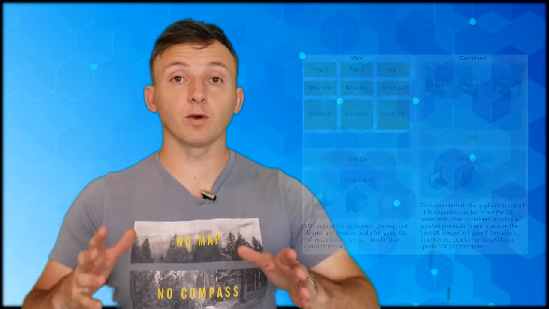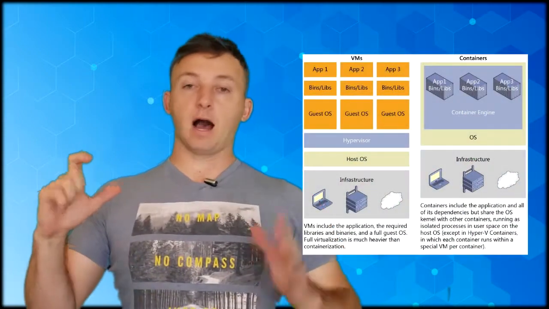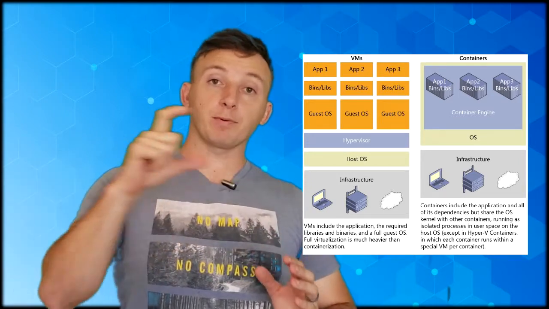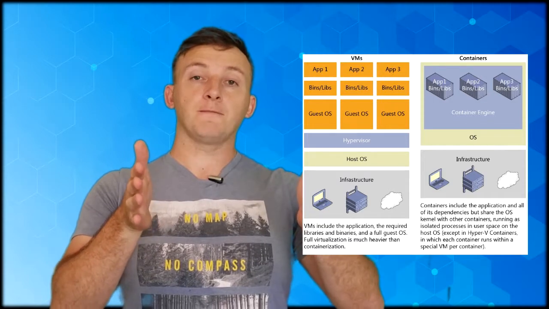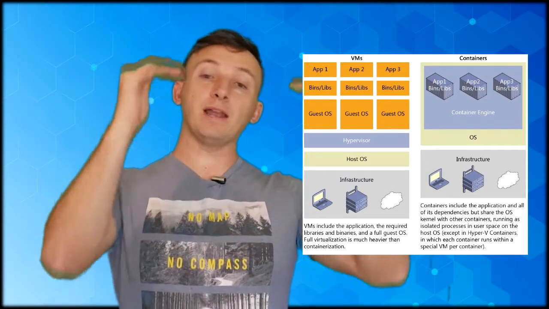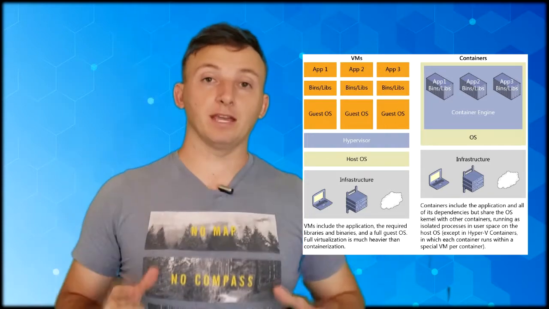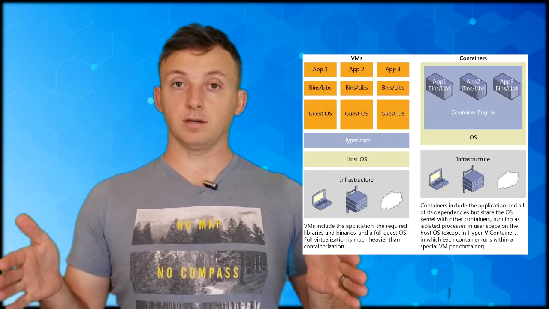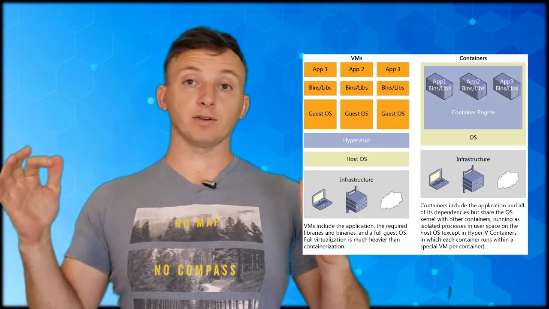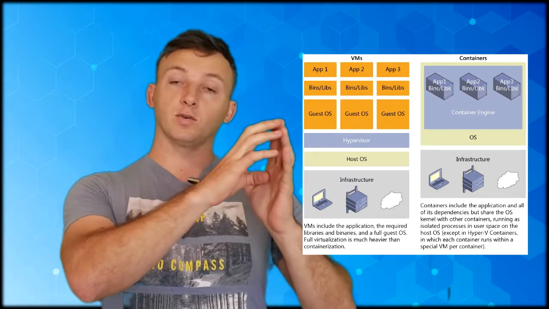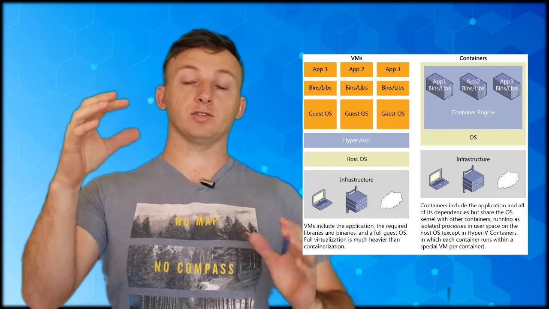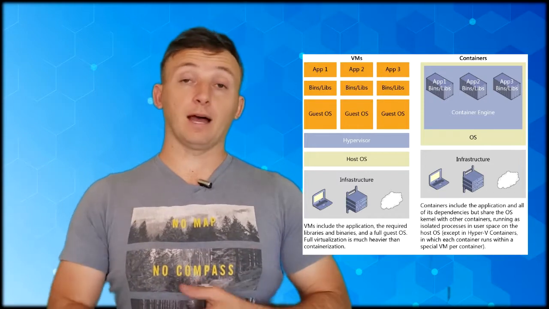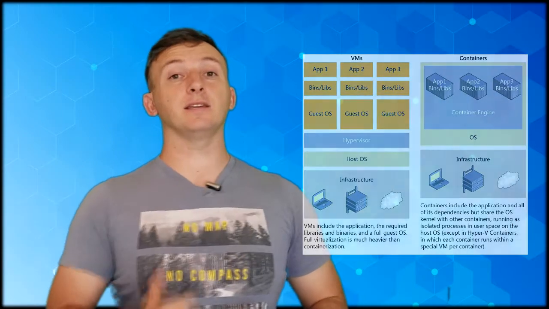So how the virtual machine works is you've got your base operating system that's on the bare metal machine. Then you've got your hypervisor sitting over that. Then you've got the operating system of the virtual machine itself. Then you have your runtime, and then right above that is the actual application that you're running. The container itself is actually quite a bit less. It's just the operating system that's on the bare metal machine. Then there's the container manager, in this case Docker. Then the actual runtime, and then the actual application. So we're taking out a whole other operating system. So we're talking a lot less overhead, a lot less work, and something that can easily go right up into